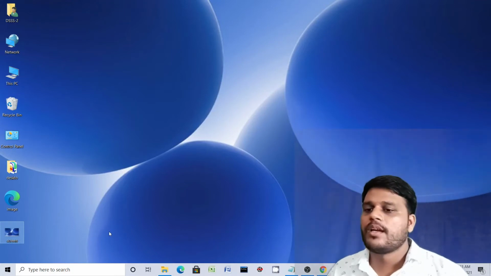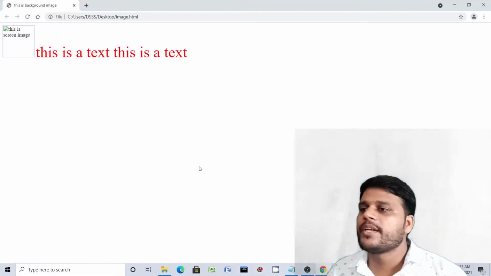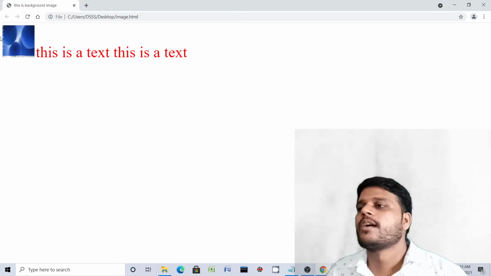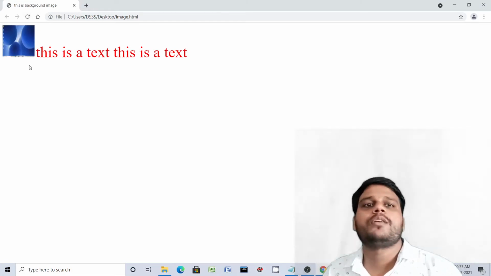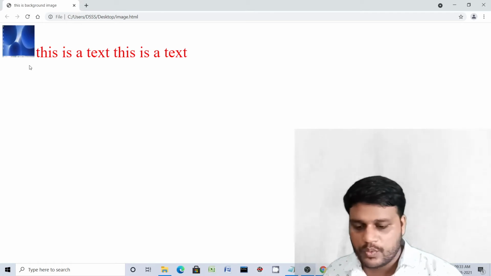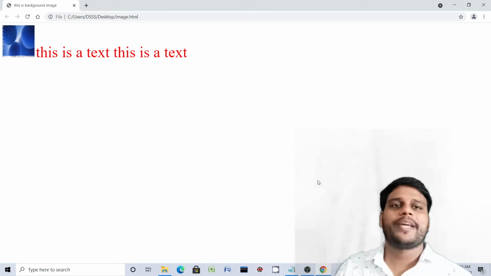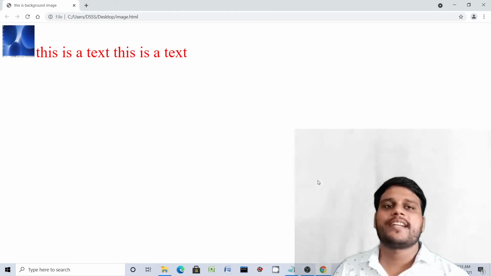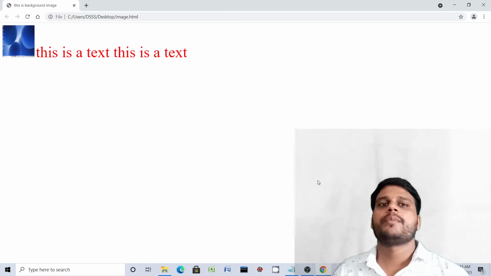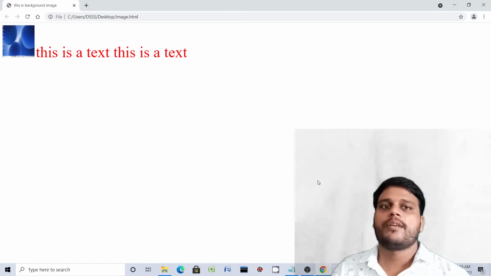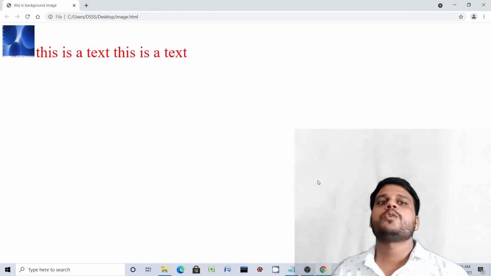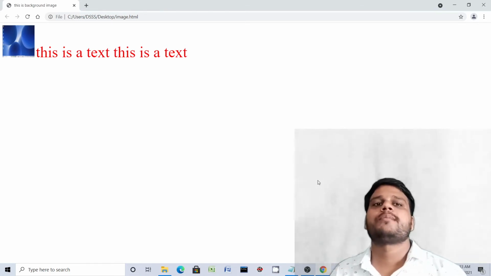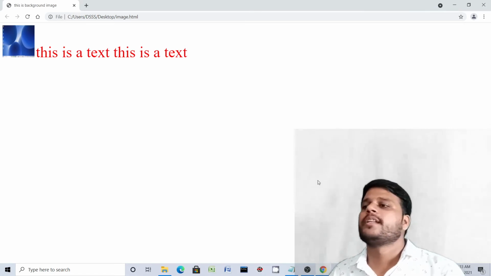After refreshing the page, you can see that this image again becomes visible in your web browser. So the use of the alt attribute is to display an alternate text whenever the image is unavailable to the web browser. Okay, that's fine. This is also used by some screen reader programs to describe the image.